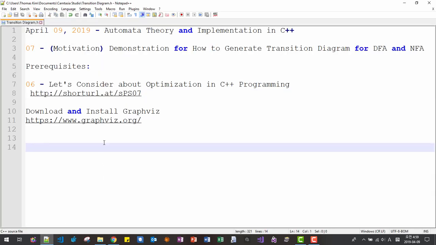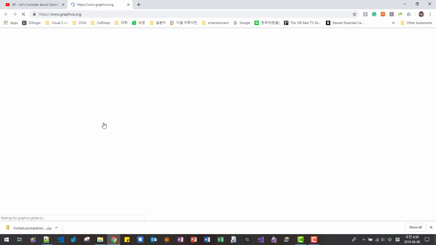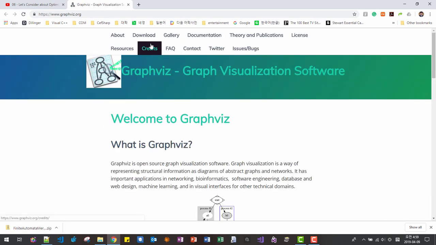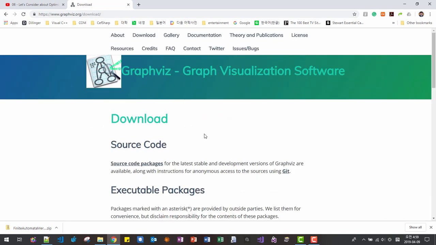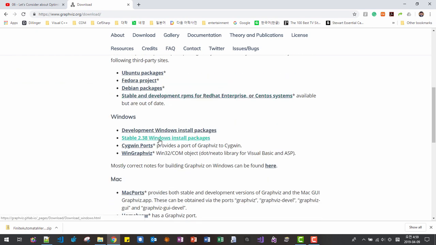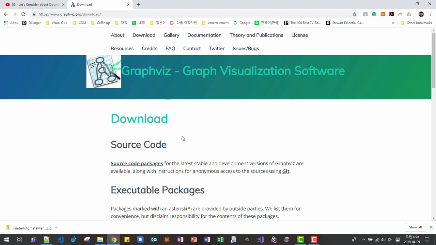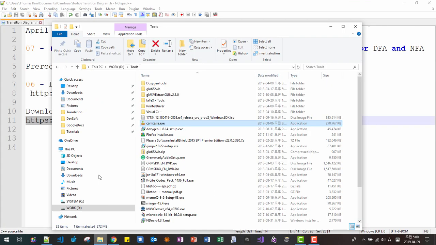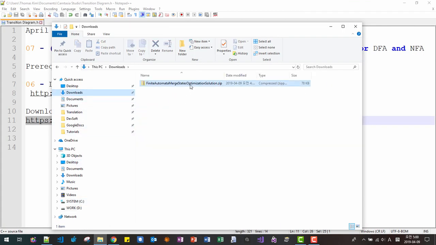To follow this session, we need to install graphviz. Please double-click this link if you haven't installed it. From this website, download, then you can click Stable 2.38 Windows Installer Package. You can download and install graphviz, graph visualization software, on your machine, because we will be using this software. In your download folder, please unzip it,